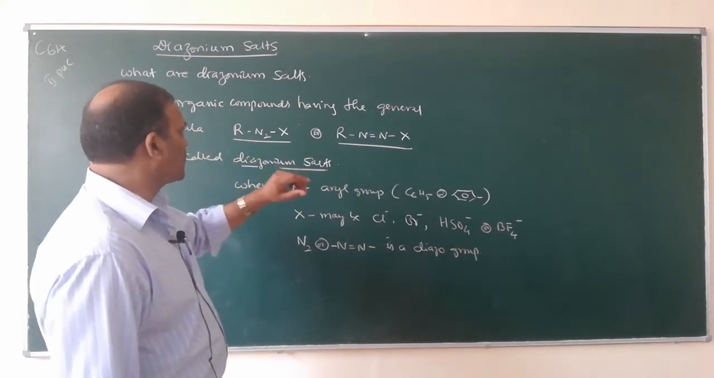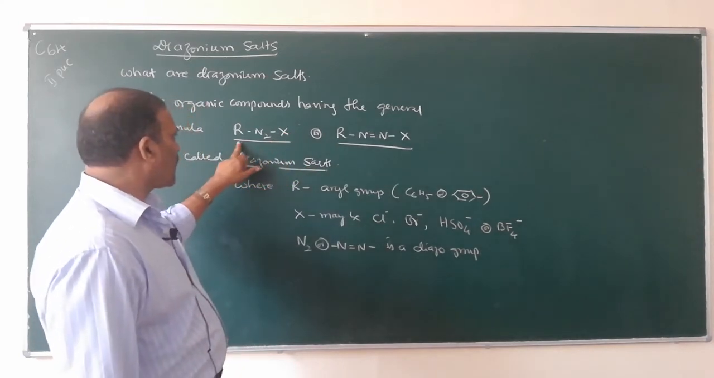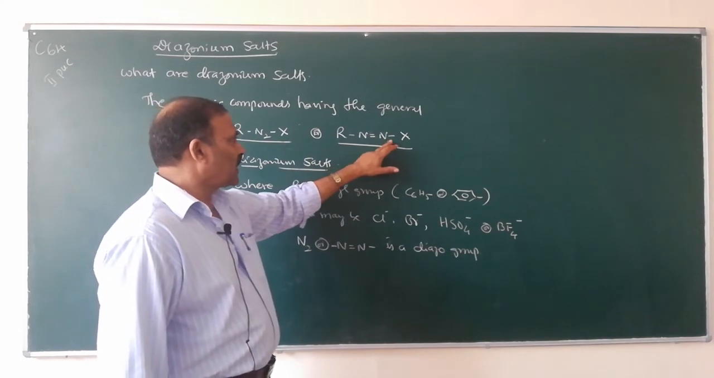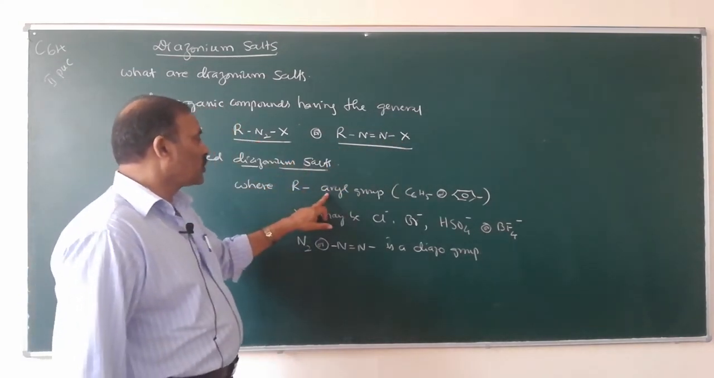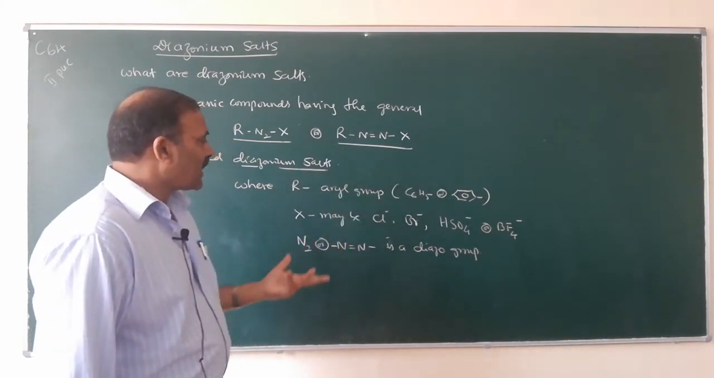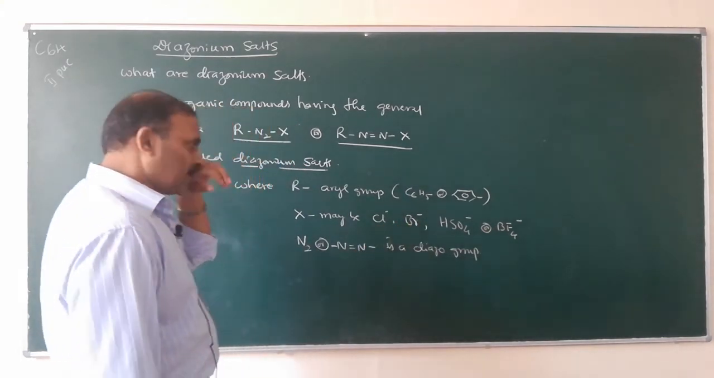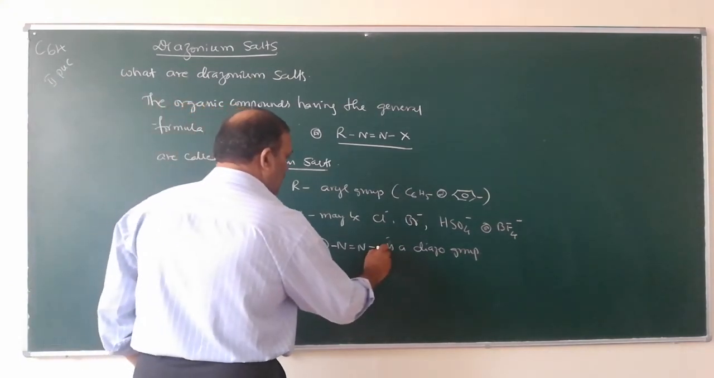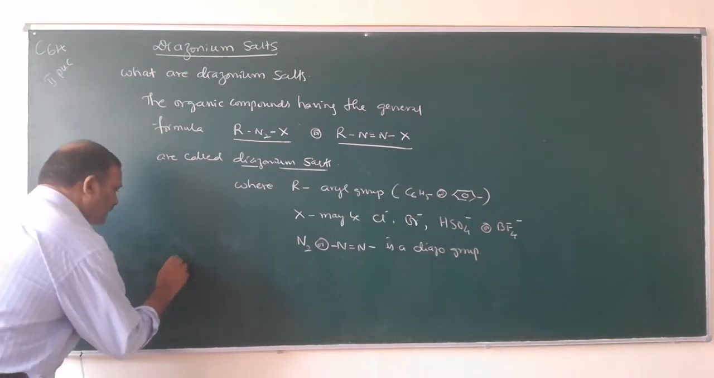So, these are diazonium salts. Organic compounds having the general formula RN2X or RN double bond NX are called diazonium salts. Here R is an aryl group. X may be halide, maybe Cl minus, Br minus, HSO4 minus, or BF4 minus, and N2 is a diazo group. Example,